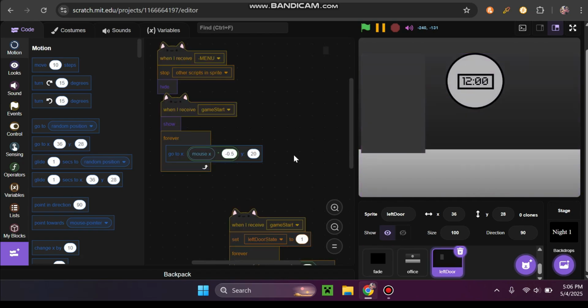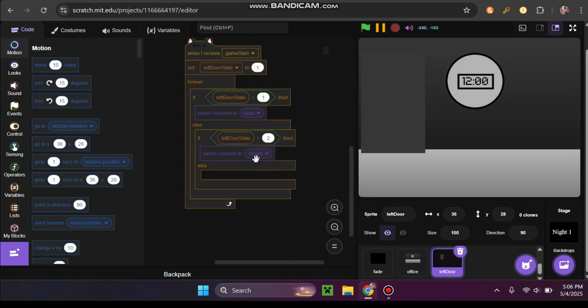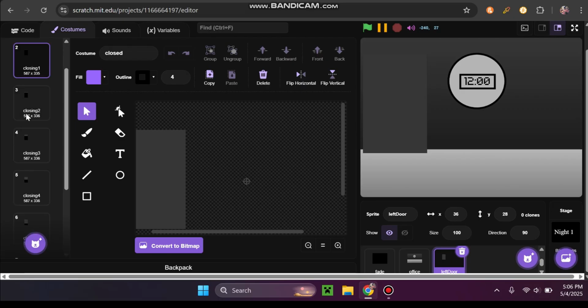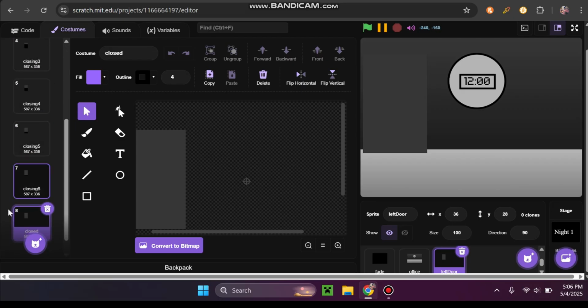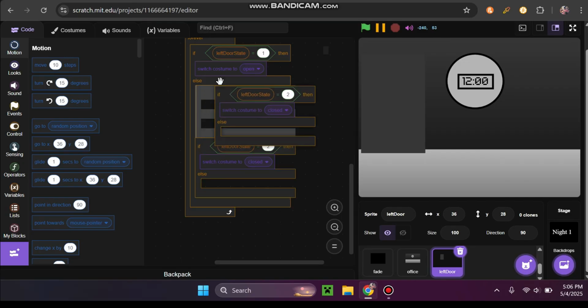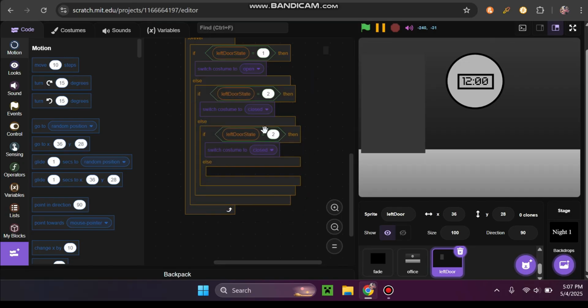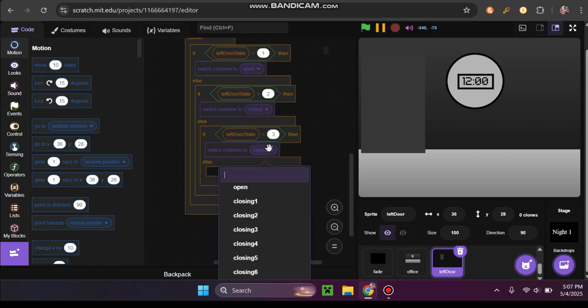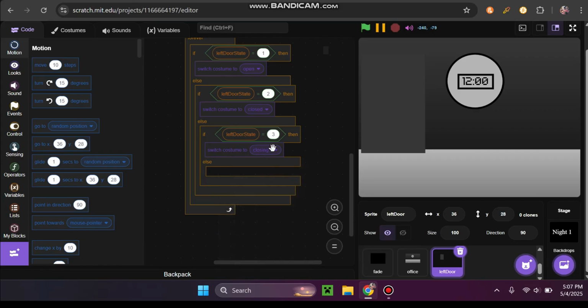So obviously we left off doing this. We did not finish this, but you probably have already made your closing animations and all opening and stuff. So let's animate these closing animations. So what you want to do, duplicate this mouse and set this to 3. Now switch this to closing